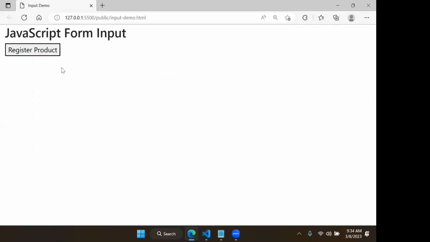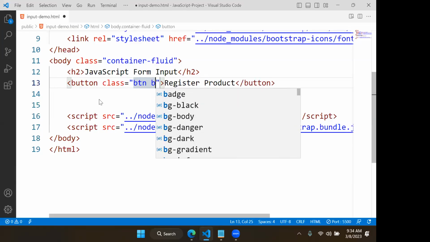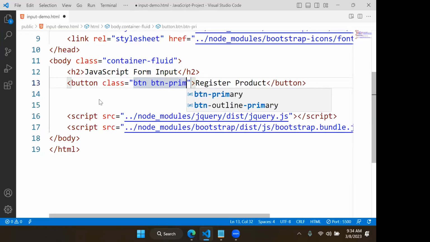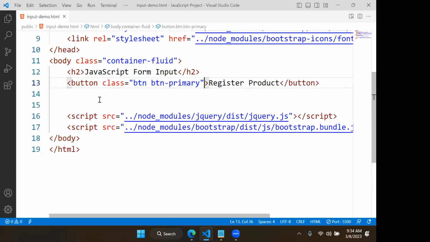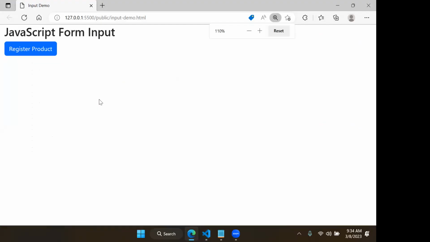I want to give a good appearance for this button. Then what I will do is put a class btn btn-primary. These are actually Bootstrap classes, and the button looks like this. We are applying a Bootstrap class here, and what we want now is when the user clicks this button, a pop-up